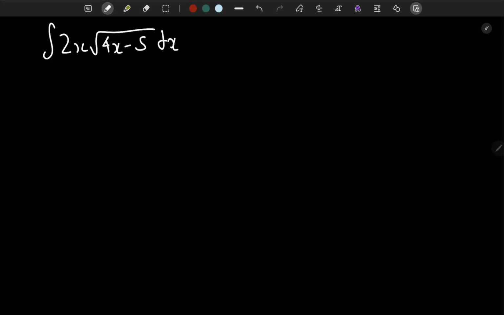So this example is quite similar to the last one, so you can pause and try to do it yourself. So let's take u to be the inside of the square root, and again I like to just remove the square root and replace it with to the power of half. This makes it easier for me. I don't know about you guys, but yeah. So u is 4x minus 5, and du is going to be 4 dx,